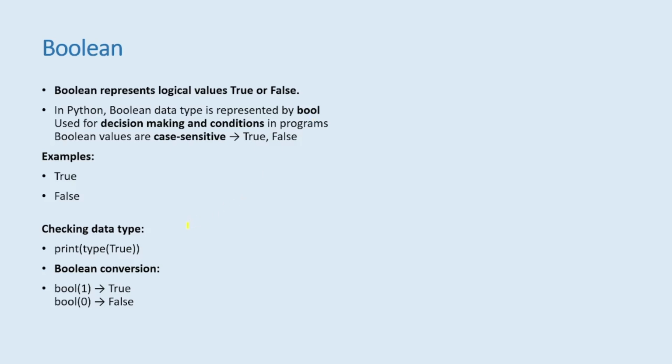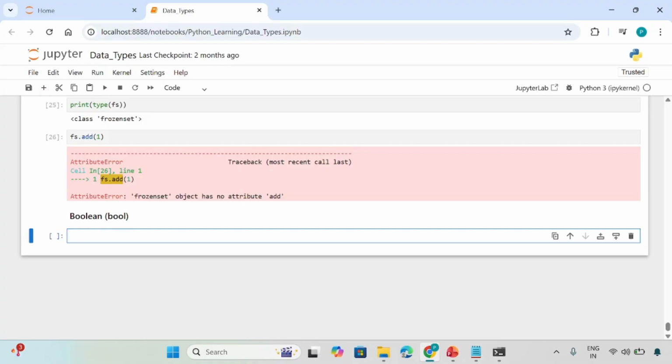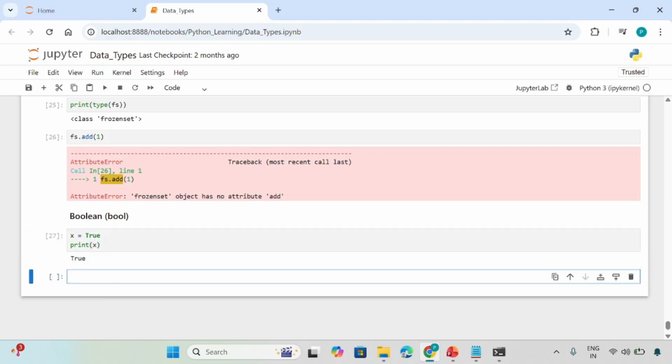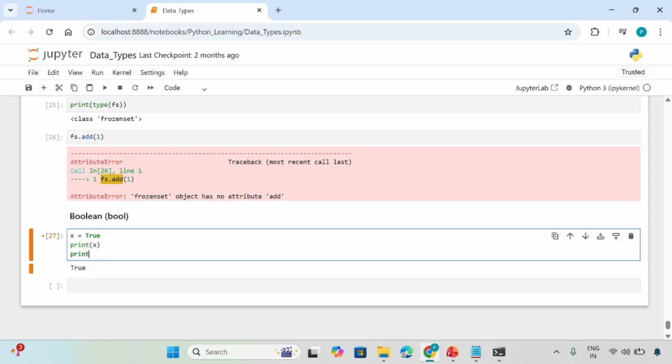Let's go to our Jupyter notebook and do some hands-on around Boolean data type. Let us see how to create a Boolean data type. Let's say I have x and I assign the value true to the x. And if I print x, I will get true. And if I print type of x,